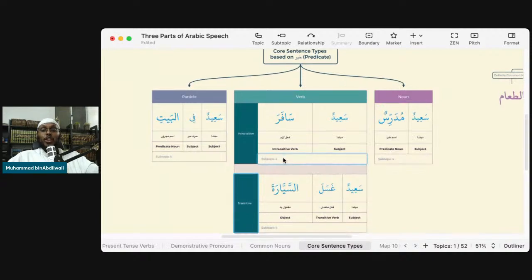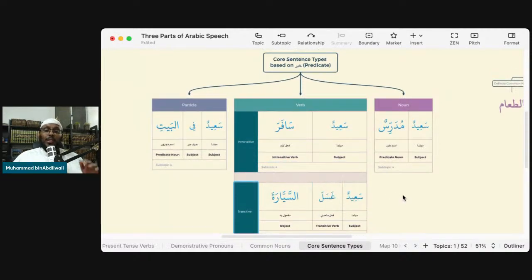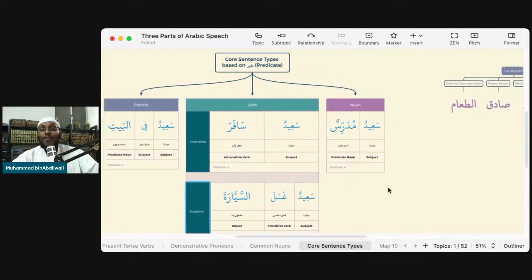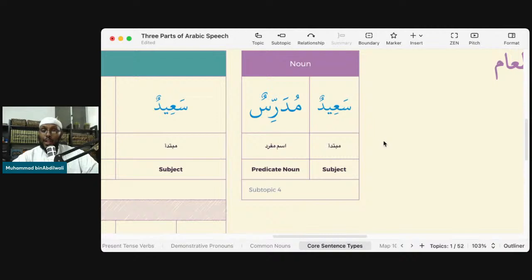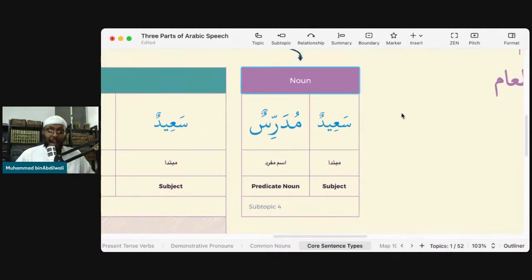These are the four core sentence structures of all Arabic sentences. Allahu Akbar. There we go. All right, let's cover them one by one. First one is when you have a noun, which is the mubtada. Mubtada is only going to be a noun, followed by another noun. Now, remember those four nouns that we had that were all mubtada? You can put another noun after it and you'll have a complete sentence. MashaAllah, tabarakallah. Way to go. So whatever word that you had, after it you can put another noun.